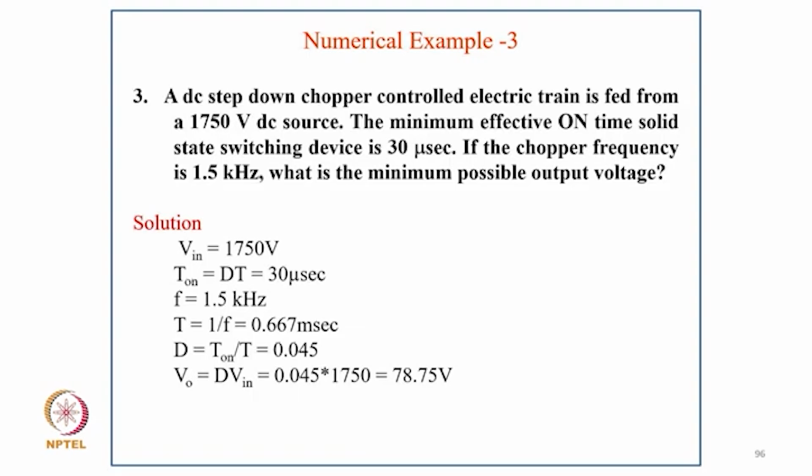Coming to numerical example third: a DC step down chopper controlled electric train is fed from a 175 volt DC source. The minimum effective on period is 30 microsecond. If the chopper frequency is 1 kilohertz, what is the minimum possible output voltage? So V in was 175, T on is 30 microsecond, F is 1.5 kilohertz, T equal to 1 upon F, 0.0667 millisecond, D equal to T on upon T, so that is 0.045. So V output is D V in, so that is